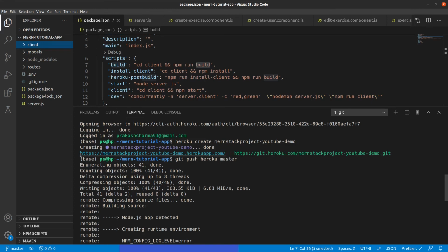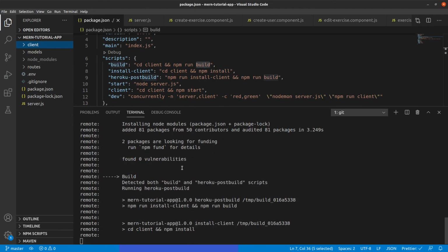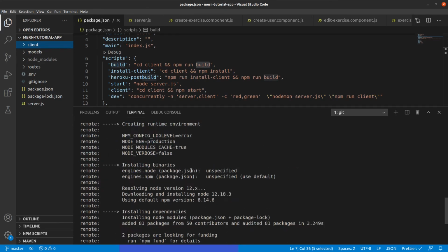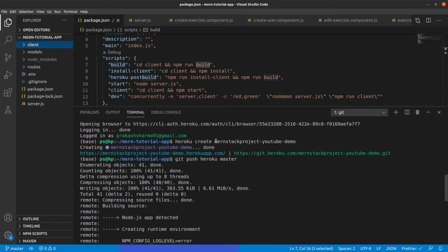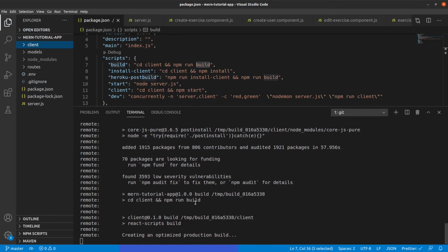Anyway, it is going to show a message after the completion, but I just wanted to highlight that. Whatever name you choose here for the project will be used in .herokuapp.com, and if you want to use your own domain name, you can do that as well. I'll show you in the Heroku dashboard.